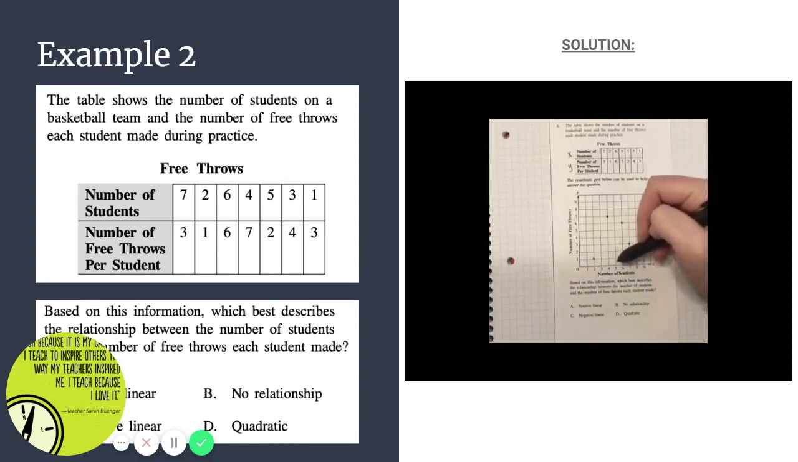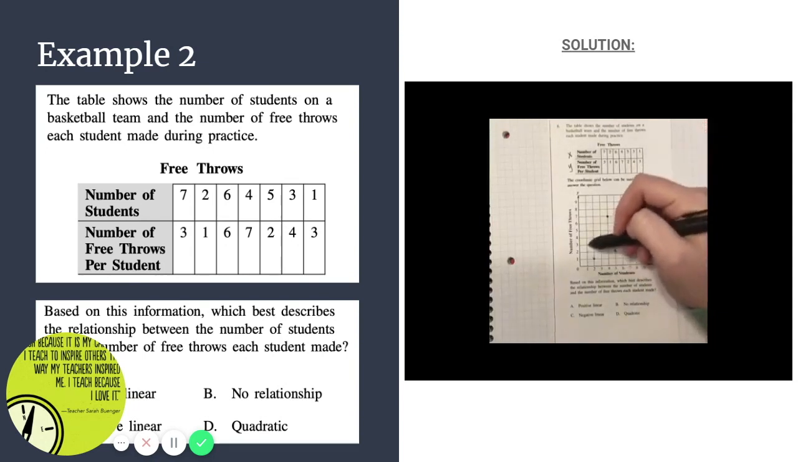5 went with 2. 3 went with 4. And 1 went with 3. So once your scatter plot is graphed, then we are able to assess what type of relationship was going on